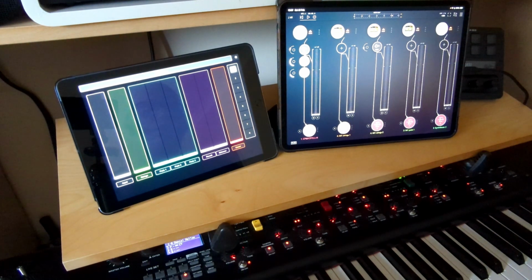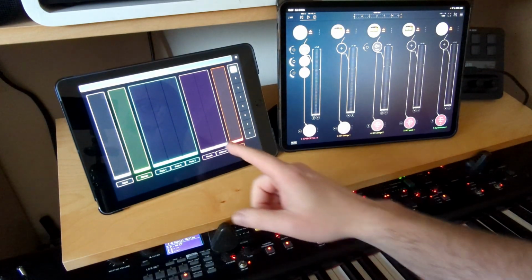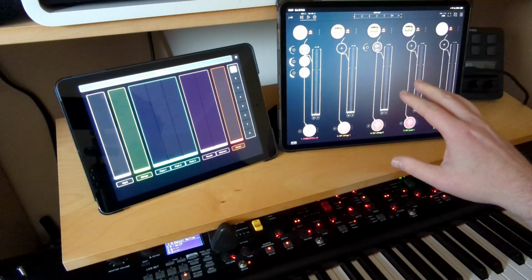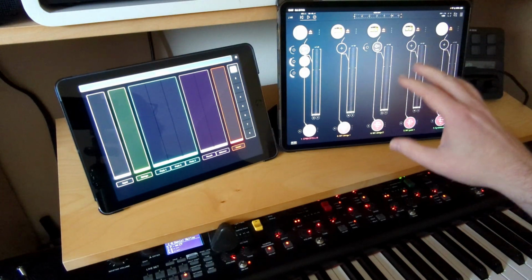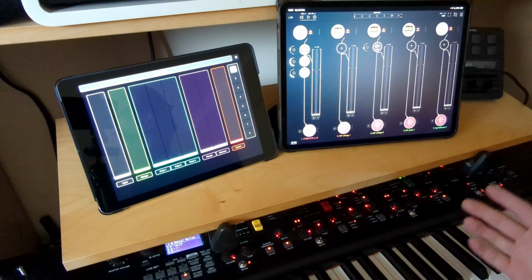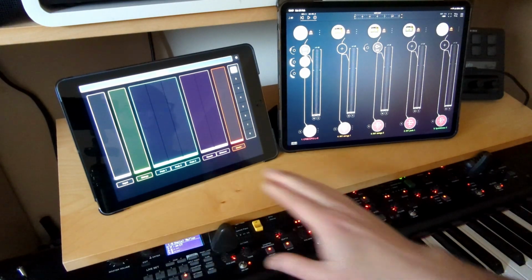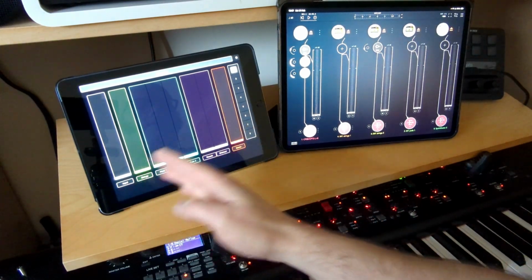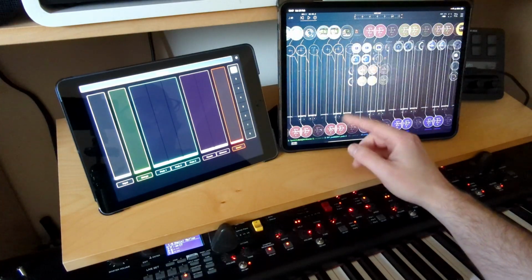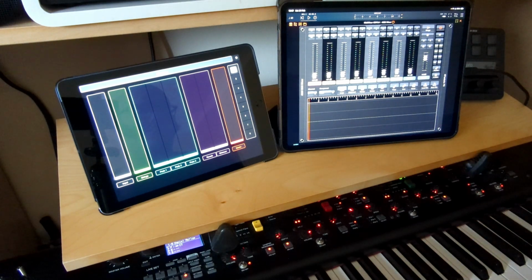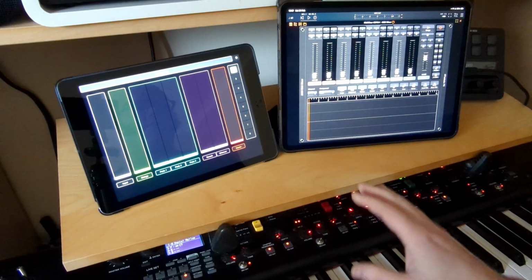Hello, this is just a quick demo of a system that I set up using TouchOSC on this iPad, and it's controlling various synth layers on my iPad Air, which is running AUM. So the way it works is quite handy how I've set it up, and I've got these faders set up in TouchOSC. They are all linking into this MidiMixer program by Pockets, which is a really handy program for two